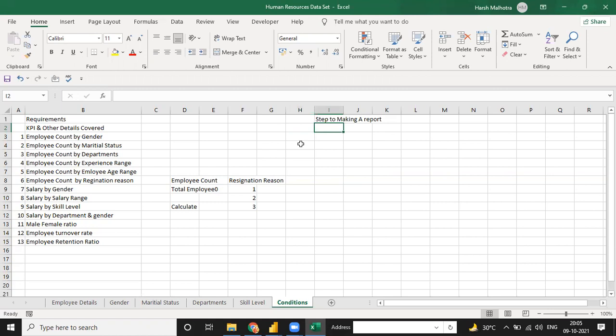Our first step is extraction of the data source. The first step is to extract the data source from Tally, from Excel, from SQL, from Python, from any server you can directly do the extraction. And the second thing is transformation.